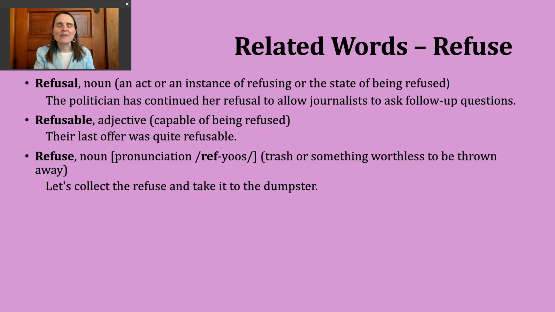Okay. Now, again, this is something that can be really confusing about English. I hope you can hear the difference between the verb refuse, refuse, and the noun refuse, refuse. Okay, you're more likely to encounter and hear the verb, but I always want my students to be prepared for other forms of the word, different pronunciations, things that can look a little bit weird.